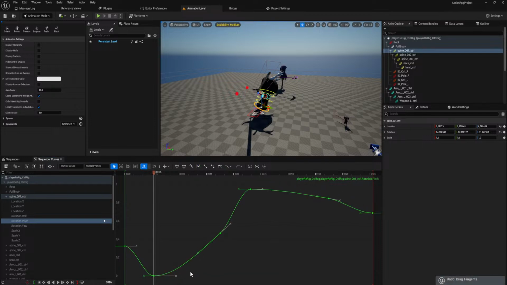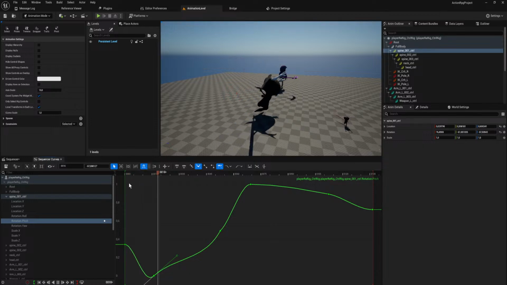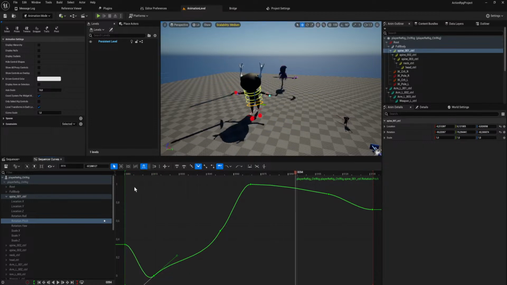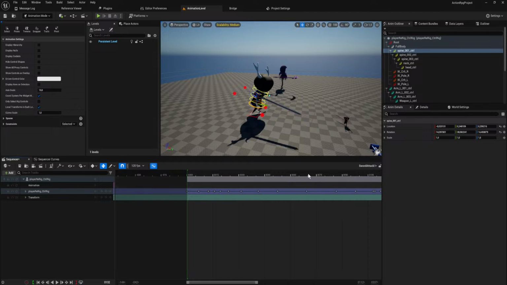Holy shit, no, that's not what I wanted to do. Okay, there's one piece here where it suddenly speeds up.